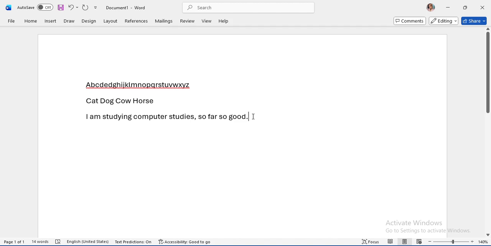What happens? Microsoft Word usually is able to correct whenever it sees mistakes. And for this case, it has given me an option rather than using learning. It has given me studying. That's why I have just selected. Then once you're done with typing in your sentence, you can click enter. Continue with writing a different sentence.